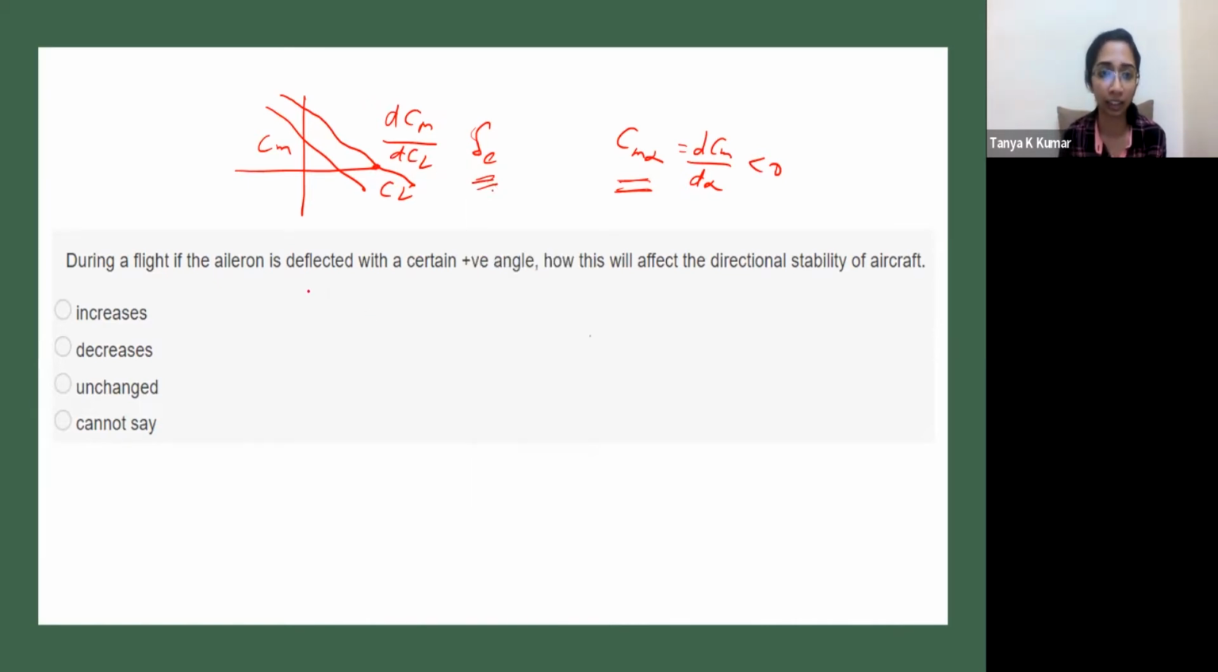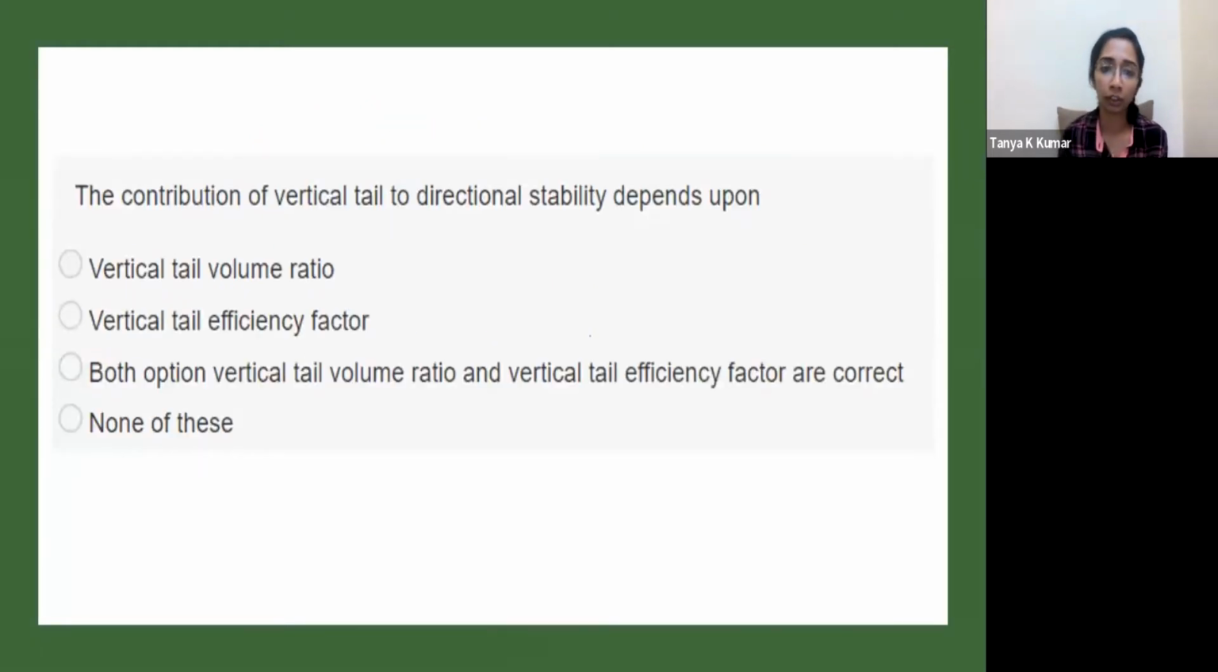Similarly, in the directional case, if you deflect the aileron, positive or negative, doesn't matter. It will not have any effect on the directional stability. Deflection of control surfaces does not have any effect on stability, so it remains unchanged. Contribution of vertical tail to directional stability depends upon